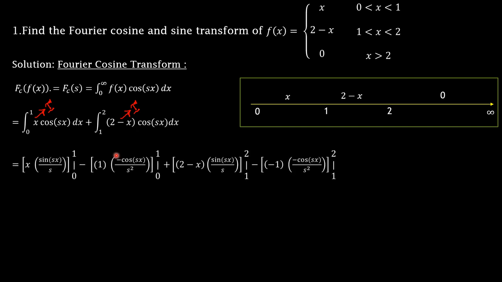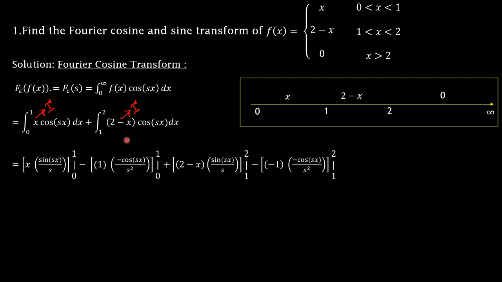So the above integral reduces to the form first function, that is x, into the integration of the second function, sin sx by s, where x is varying from 0 to 1. Just put alternate positive and negative signs since the first term is positive, so the second term is negative: minus the differentiation of the first function, that is x. What is the differentiation of x? It is 1, into the integration of sin sx by s, that is nothing but minus cos sx by s square, where the limits of x are varying from 0 to 1. So that completes the first integral over here.